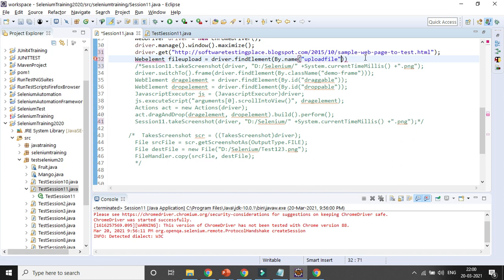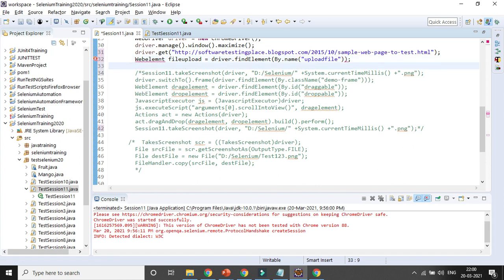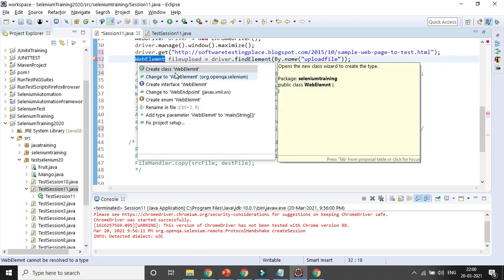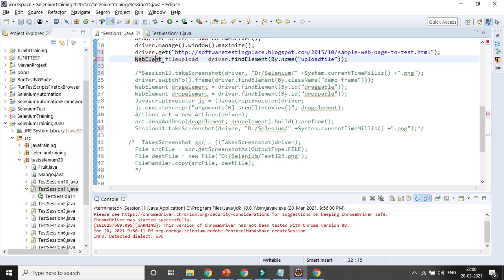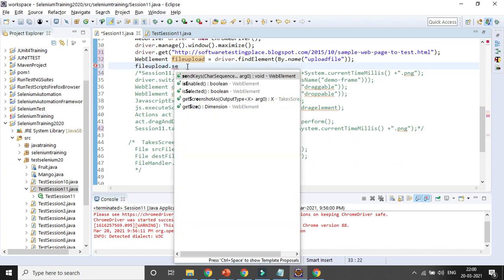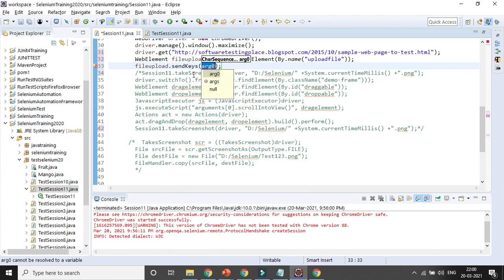WebElement, the E should be capital. You can see it is showing some error message in case you are not typing it correctly. Then, with that particular object reference, you can use the sendKeys method, and give the path here.